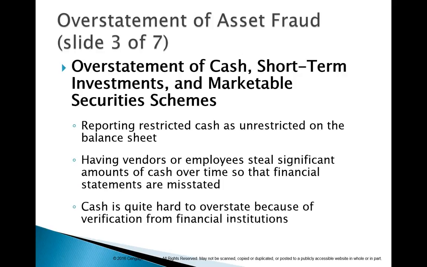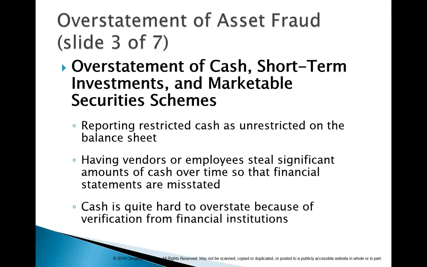So overstatement of cash, short-term investments in marketable securities. This doesn't usually happen because cash is the easiest thing to audit. You just send a confirmation to the bank and the bank confirms the cash, the amount that's on hand. But there have been some famous frauds like Parmalat in your book and Satyam, international companies that overstated their cash balance. And one way they did it is they just